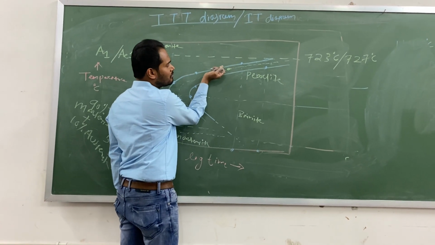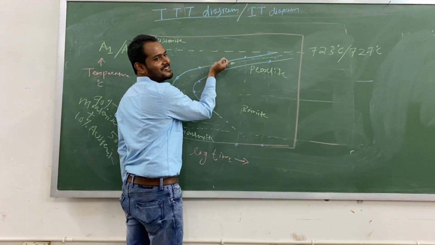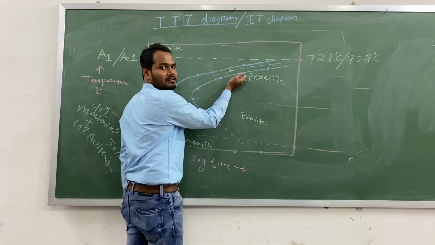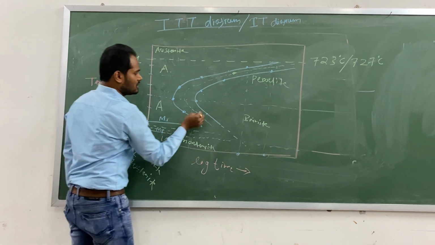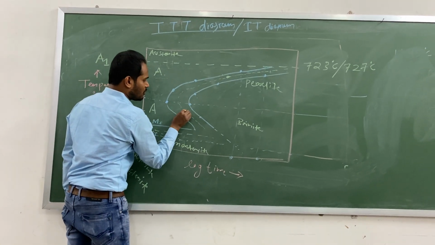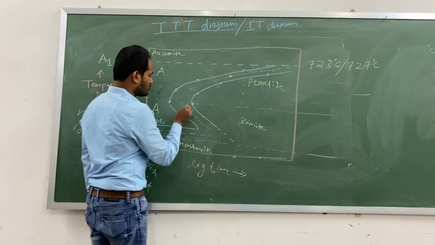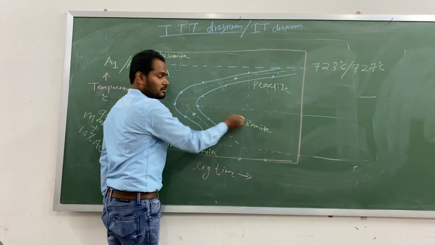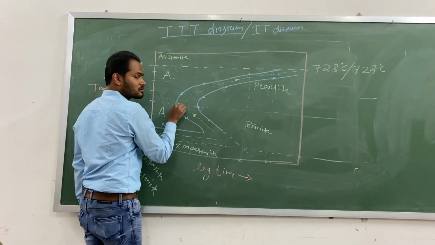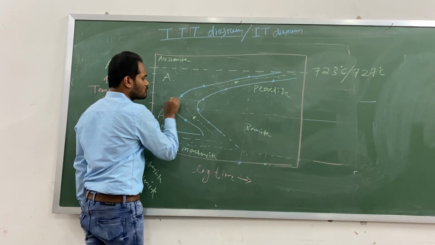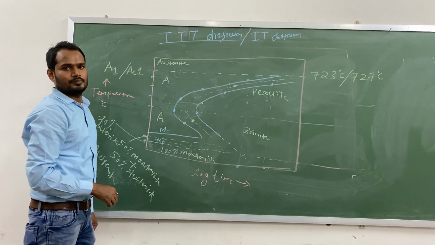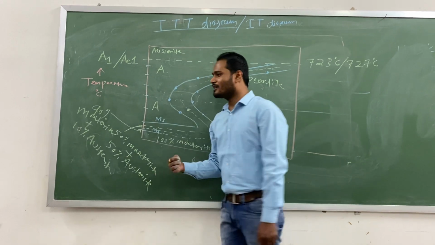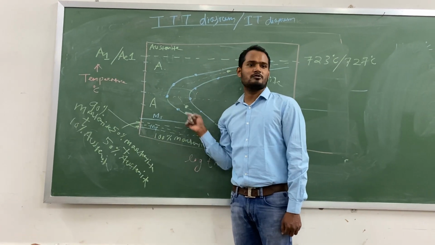And this condition, above this one, shows 100% austenite still there, right? But if I take a point here, it is 100% pearlite. Is it okay? Similarly, if I take a point on this one, this point will show you 50% austenite and 50% bainite. This part is actually called the nose of the C curve. Like we have a nose. If I look here, this is my nose. So this is the nose of the curve.